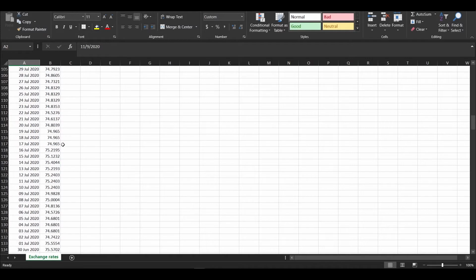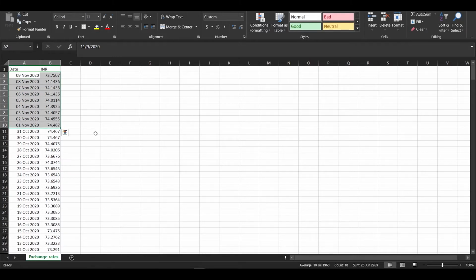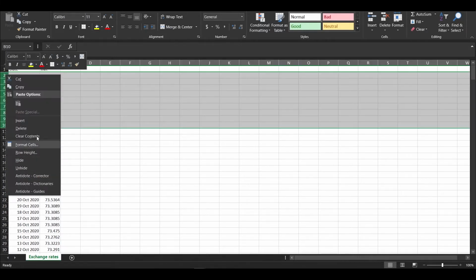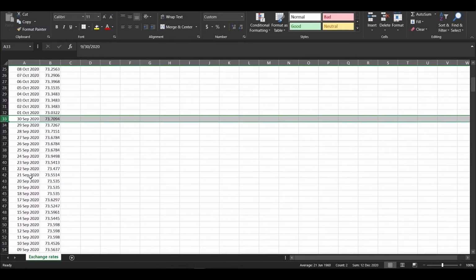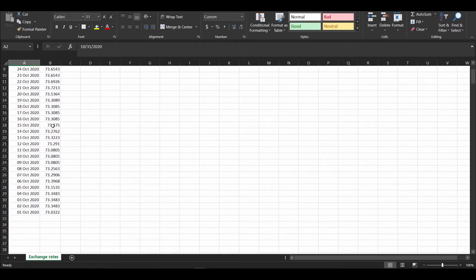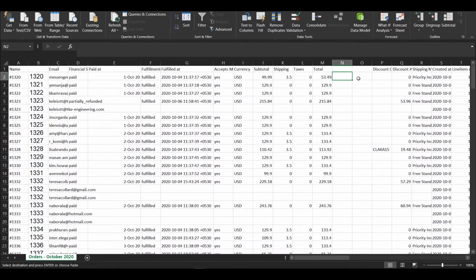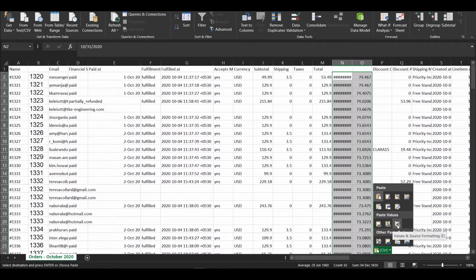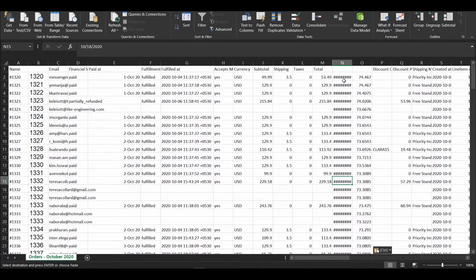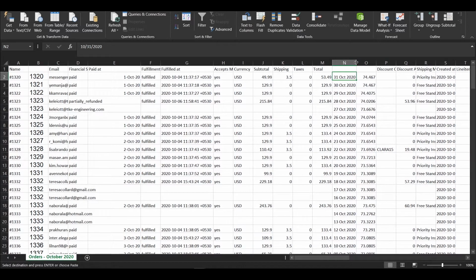Select the entries. Guys, we only need the October data, so select this and press delete. We need data only for the month for which we are filing the return, so we will delete all the other values. Once we've done that, we'll copy these entries and paste them here in the two columns which we've made earlier. Just select these two columns and press Ctrl V, and here again we'll do values and source formatting. Now guys, these hashes are nothing, you just have to extend it. I extended it by double clicking here, so the values will appear.